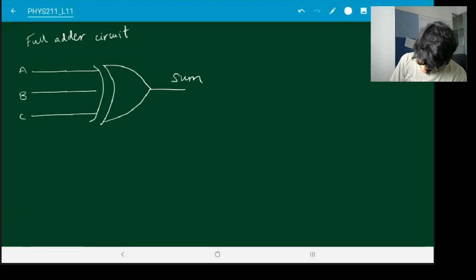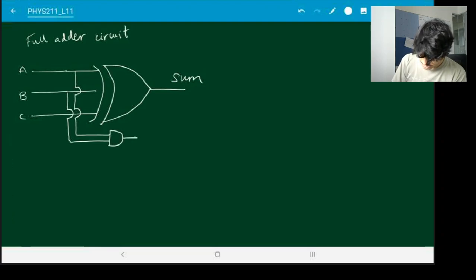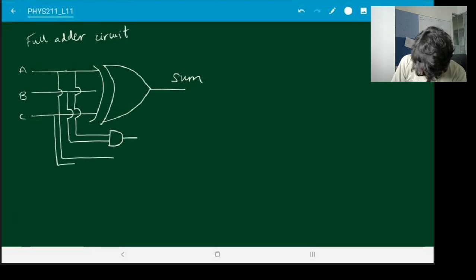So how about we do it like this? First we'll take A and B. So this is A, B, and I'll put them through an AND. Then I want to take A and C and put them through an AND. And finally B and C and put them through an AND.